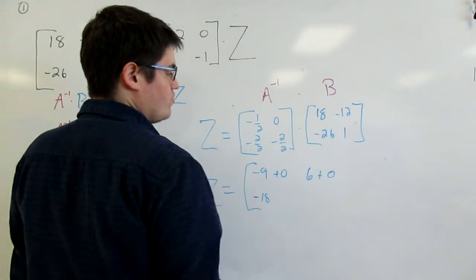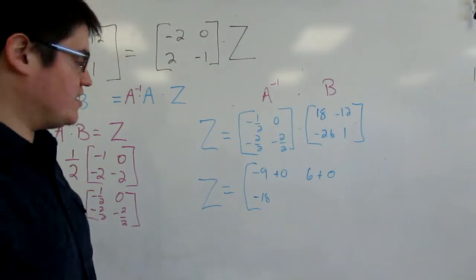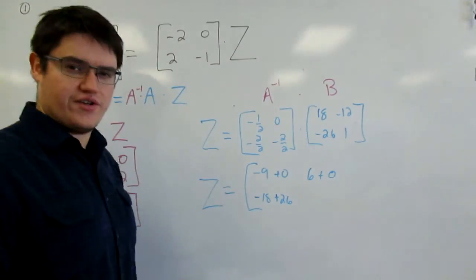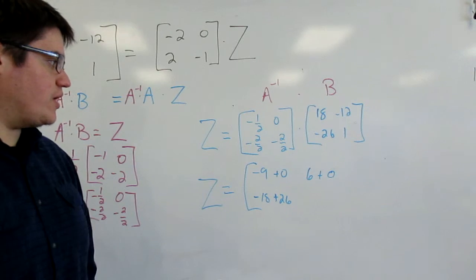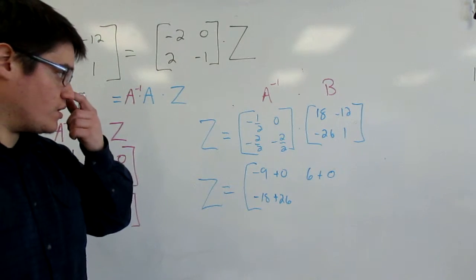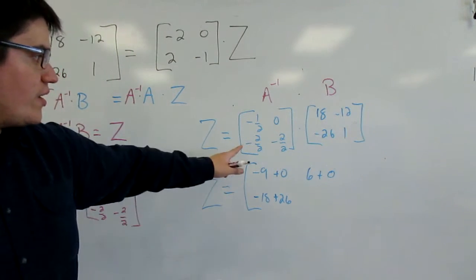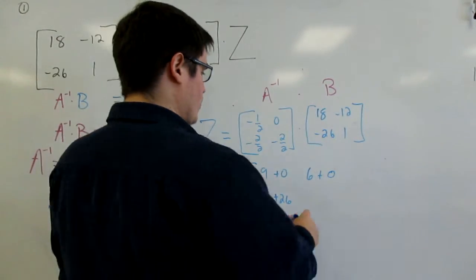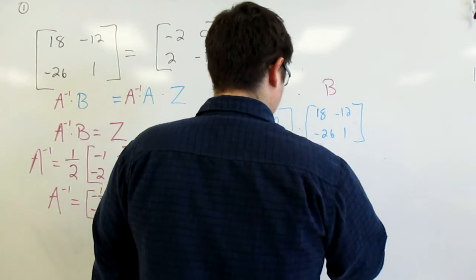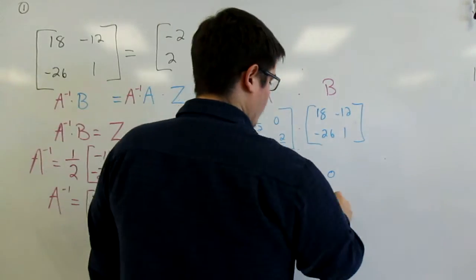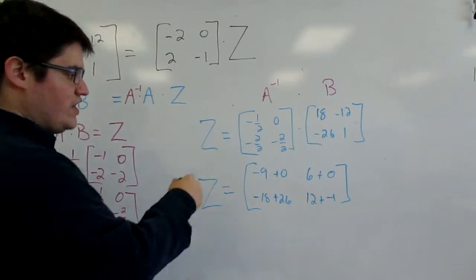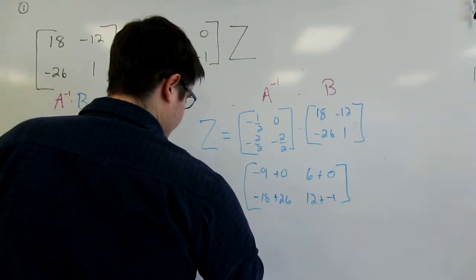Then that becomes a positive 26. Remember, we always add the terms when we multiply, but they're two negatives. Okay, then this row times that column, that becomes 12 plus a negative 1. And then making that look nicer, matrix Z equals